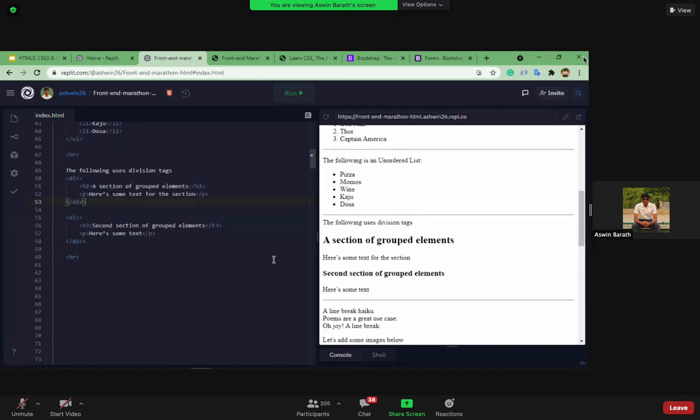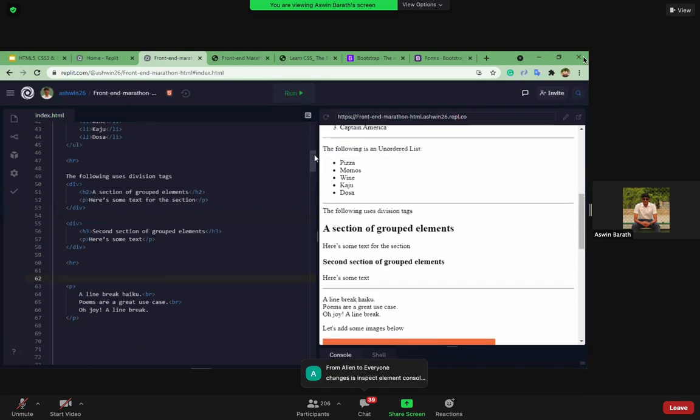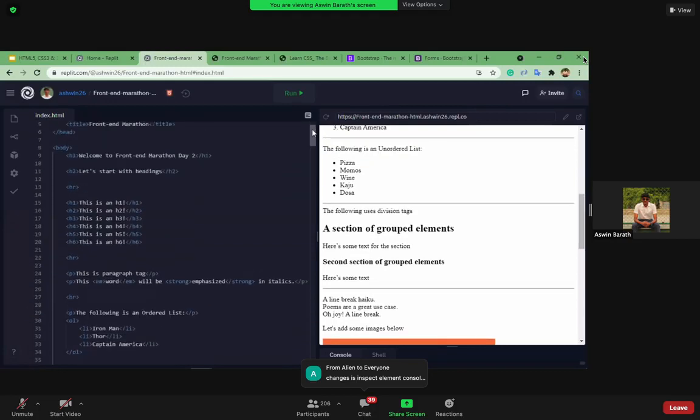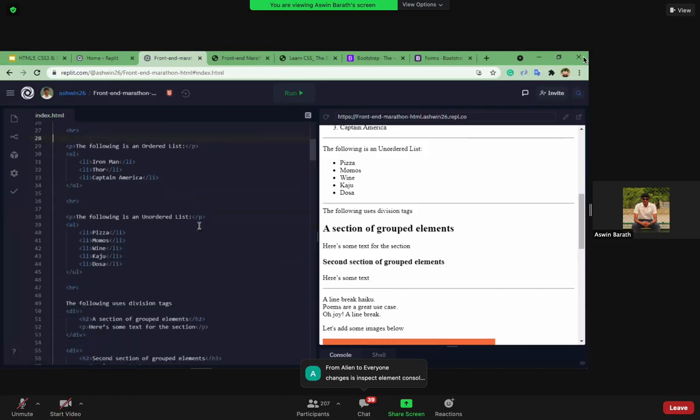Let's say we have a big paragraph, right? When we have a bigger paragraph, HTML will not take the white spaces into account. Let's take my coding example. I've used a lot of enters so that I can separate out this content.